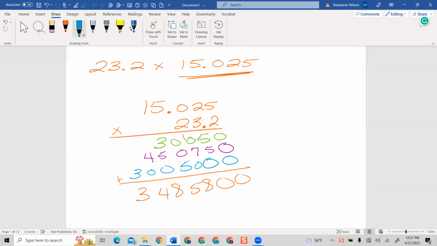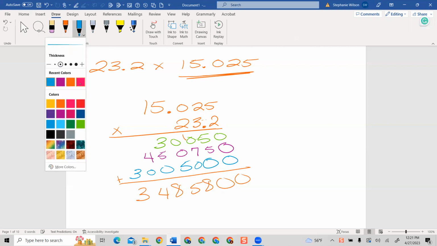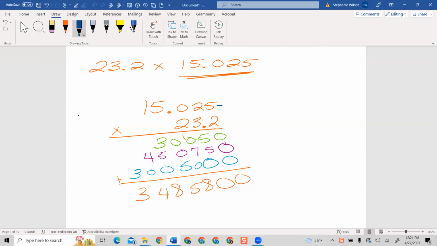Now, I want to determine how many decimal places I have here, right? So what we're going to do is we're going to come over here and I'm going to recognize the decimals. How many decimal places is in each part that we use to multiply together? This one actually has 3 decimal places. This one has 1. So that means I have a total of 4 decimal places I'm going to move. So I'm going to grab this decimal right here because it's seen as at the very end. And I'm going to go 1, 2, 3, 4. So my answer will be